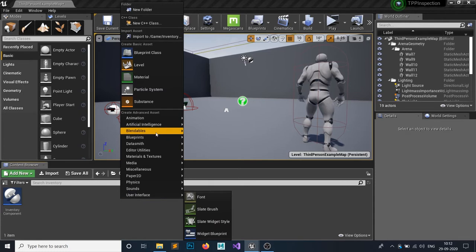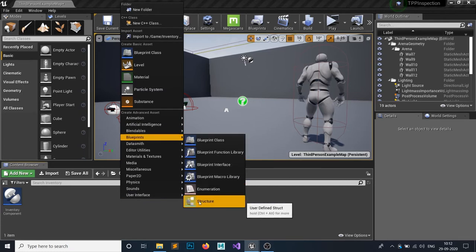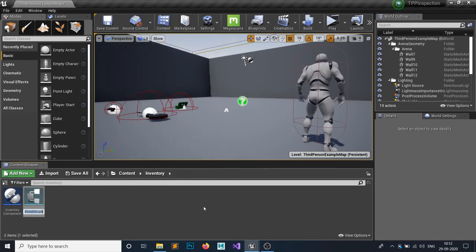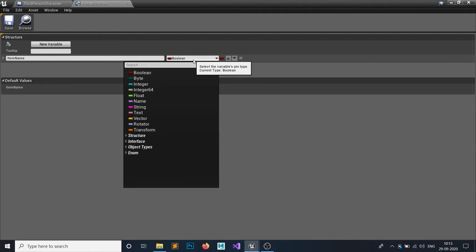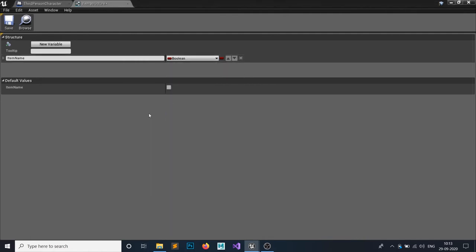The first thing is inside your blueprint, you see this structure. So we need a structure. I'm gonna call it item structure. Open that up, and we need a few variables. First variable is our item name. I know we have added the item name variable in our item class, but it's very useful if you add all those variables inside the item structure. Then it will be more efficient. And the item name type would be a text.